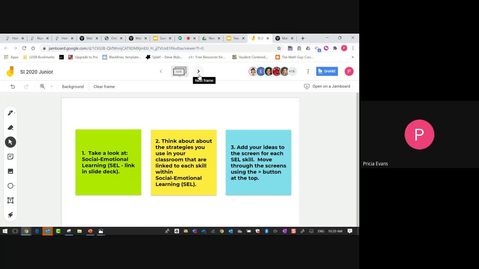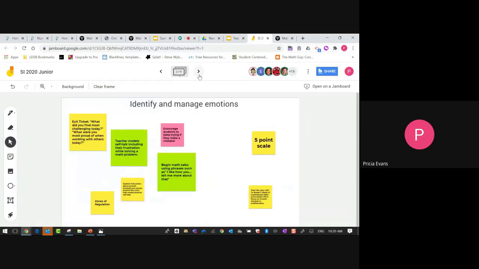Okay, I think we're going to consolidate now. I just want to highlight a couple of things. So as I went through, the reason why we wanted to do this is we wanted you to think about that the social emotional learning strand A is something we're already doing in our classroom. So we didn't want you to really worry about what this looks like or what this is, and it's not something added on, but this is something that we're doing all the time in our classrooms. Maybe we just need to highlight it a bit more and really reflect on what this means for our learning and for our teaching in our classroom.